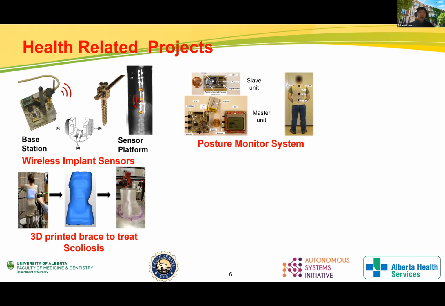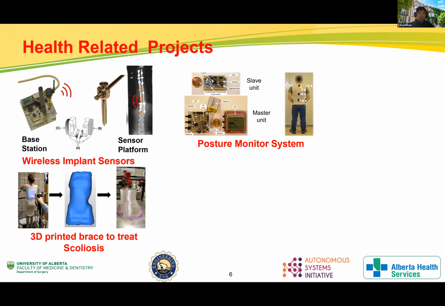If you are making a brace in Edmonton here, each one costs about $2,500. So they will charge $2,500 per brace. And the material for printing a brace is only $100. If I print a brace, I only need $100 of material, and the time, of course, it will take longer. It takes about 40 hours to print an entire brace, but it's still cheaper than